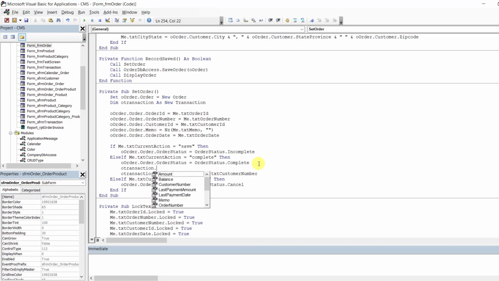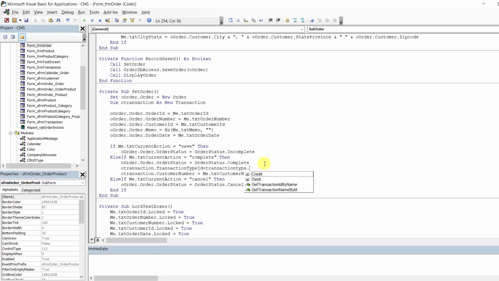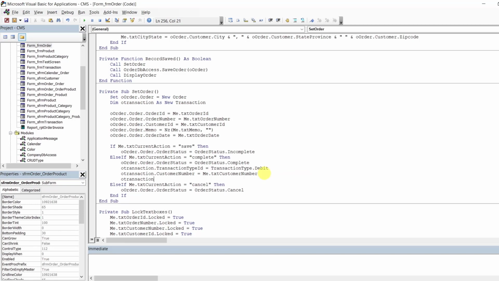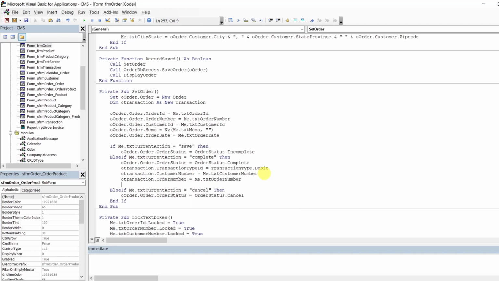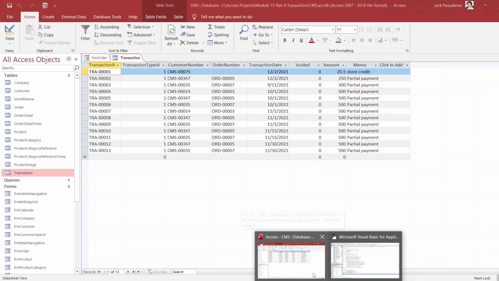Transaction type equals transaction type debit. This one, order number equals there, and the next one, date void amount,